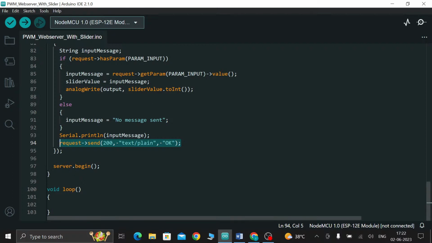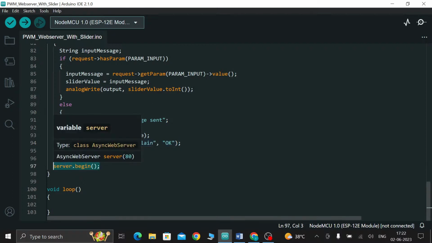And at last, server begin. So this line starts the web server and begins listening for incoming client requests. So once this line is executed, the web server is up and running, ready to handle incoming HTTP requests. So it enables the server to respond to client requests for the specified routes and perform the associated actions defined